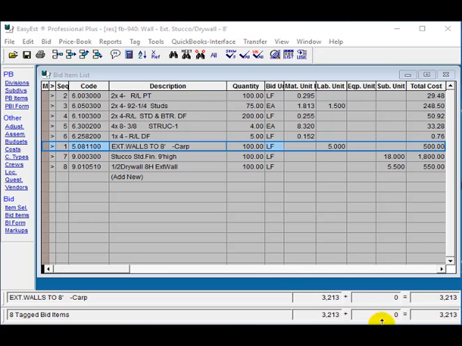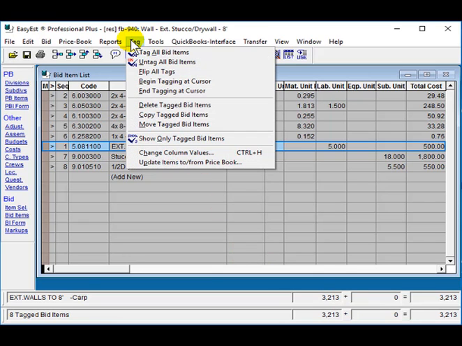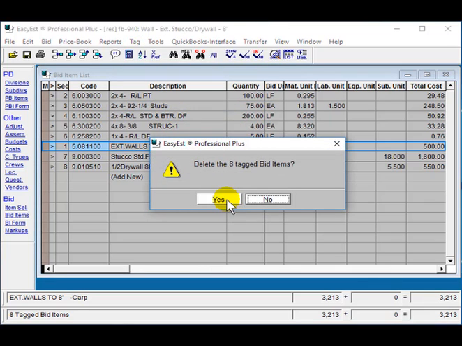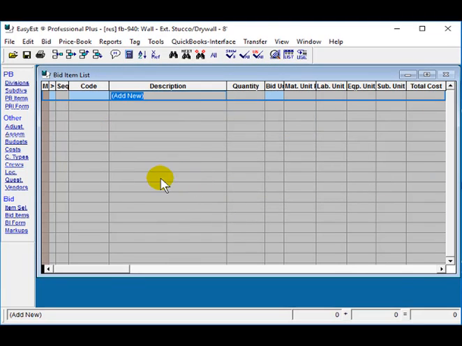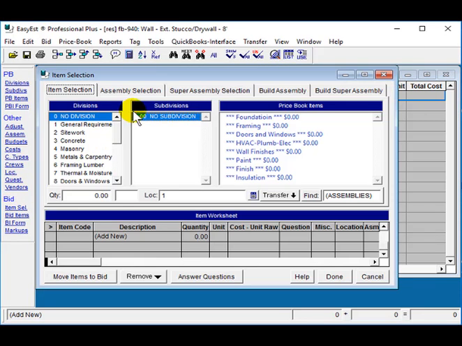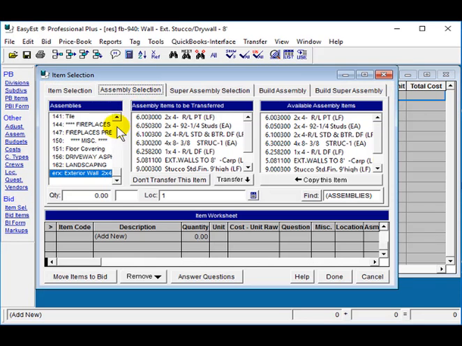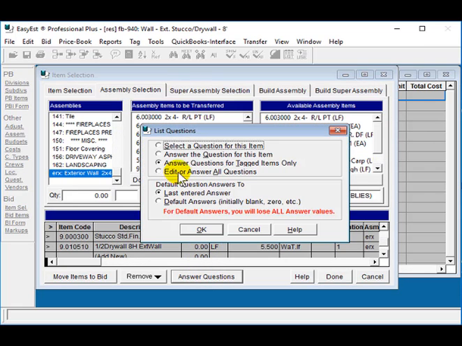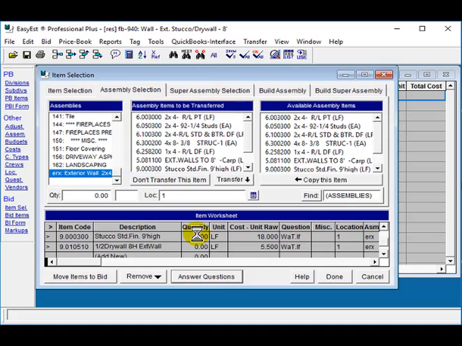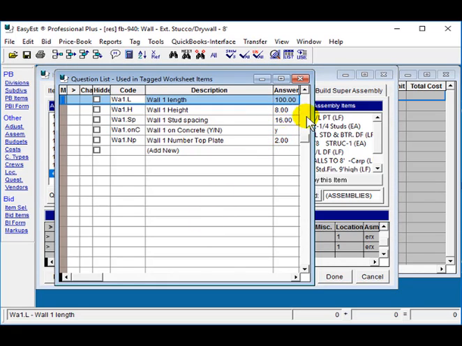We're going to delete all these items and then go and use the assembly we have just created by eliminating these items. Next, we're going to click on item selection and assembly selection, and we are highlighted on the one that we just created. We're going to click the transfer button, answer questions, and we'll take the questions that previously were in. We've got some information here already. We're just going to say use